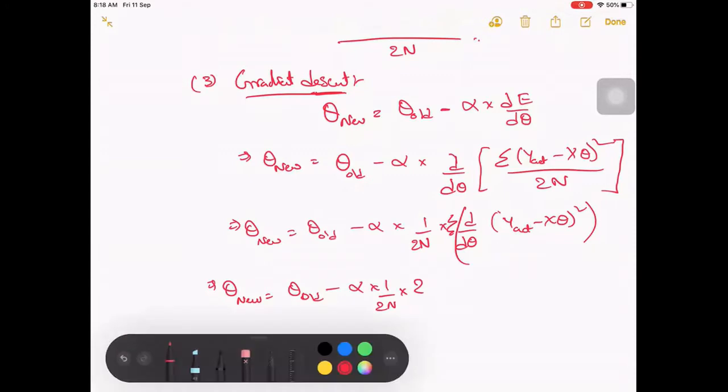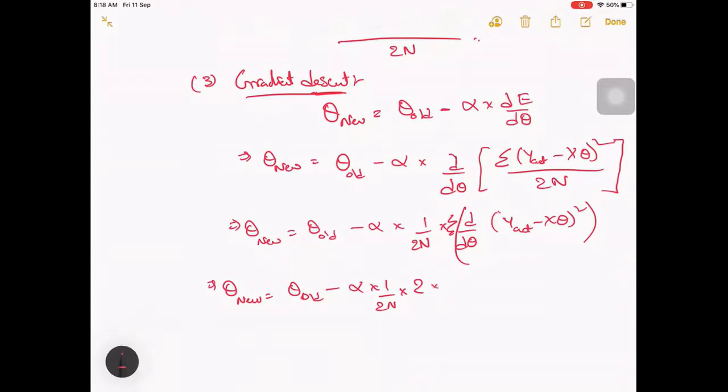2 into, you have y actual minus x theta, but we also have to do derivative for this, right? It's like if you have d by dt of x square, you write it like 2x into dx by dt, right? If you remember, this is how we are doing.